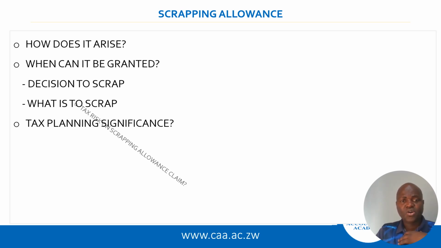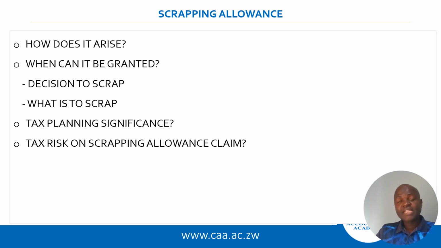And that's very significant, because if you do not understand scrapping allowance, you are going to create a tax risk if you try and claim a scrapping allowance without necessarily understanding the conditions of how to claim it. And what's the risk? The risk is that the claim may be disallowed, and you will still have to pay taxes in later periods, sometimes with penalties and interest. So that clawback and that reassessment, or that assessment that causes you to pay taxes later when you had thought you had avoided paying taxes, is a risk on